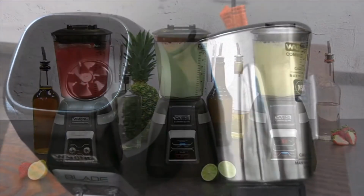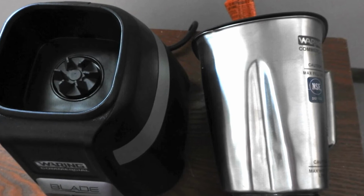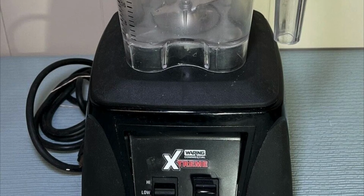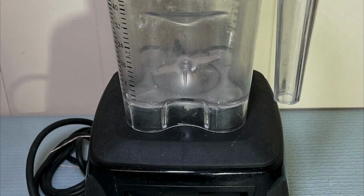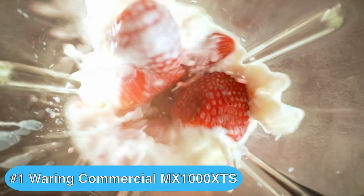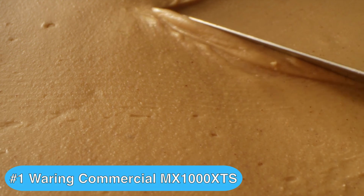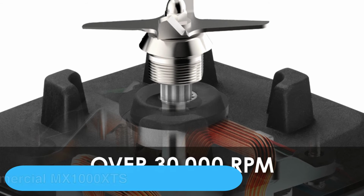So, we've seen some great BPA-free blenders. But what's the absolute best non-toxic blender that money can buy? Well, if durability, power, and safety are at the top of your wish list, this Waring commercial blender might just be the one for you. When you're looking to blend anything from smoothies to nut butters, a powerful motor is key, and you've got it with the Waring Pro Blender